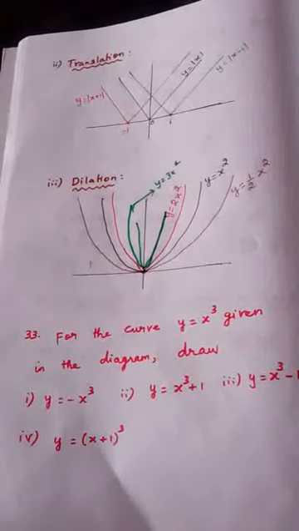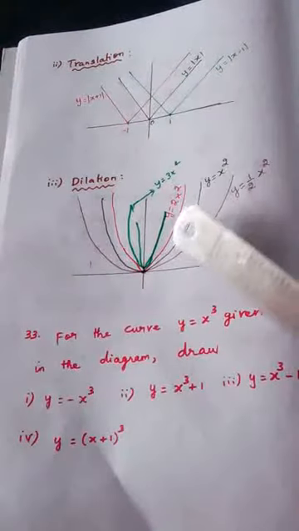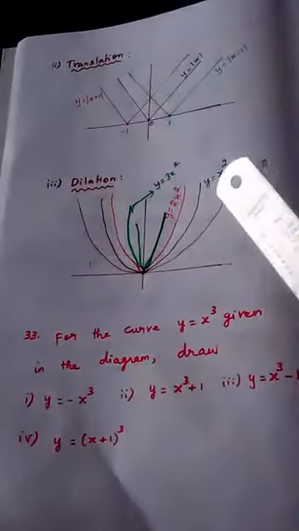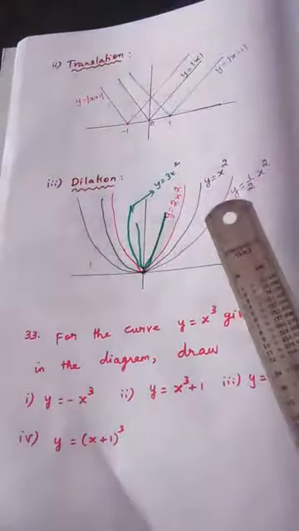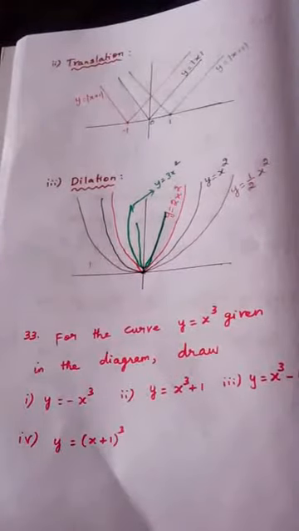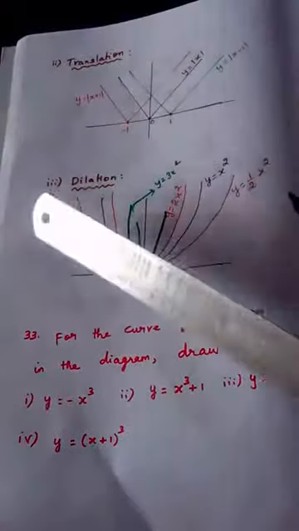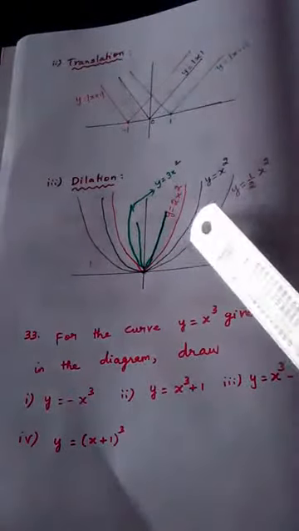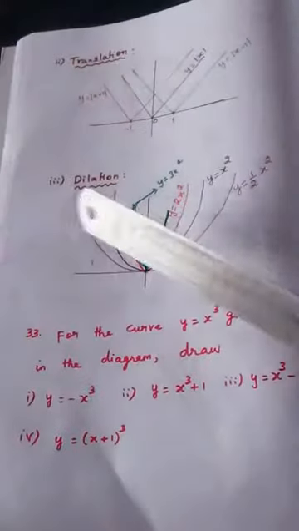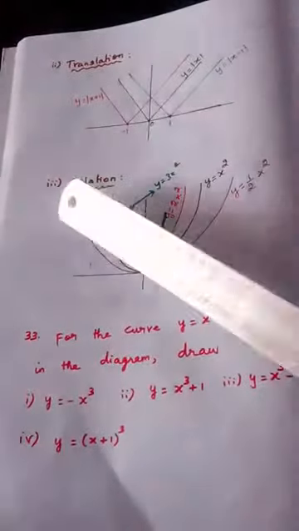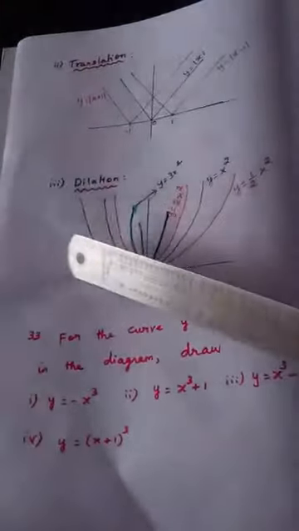Once again, I will explain. Y is equal to x square is the basic diagram drawn in black ink. Y equal to 2x square is the diagram which gets contracted towards the y axis. If the coefficient becomes larger, the curve gets contracted. If the coefficient becomes smaller than 1, the curve gets expanded, or it goes towards the x-axis. If it is even lesser, if I take 1 by 3, 1 by 4, the curve will come like this.